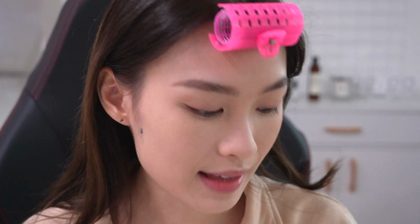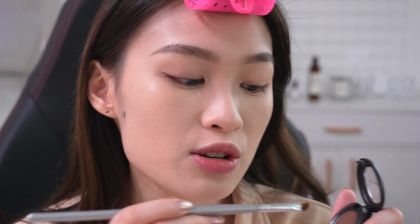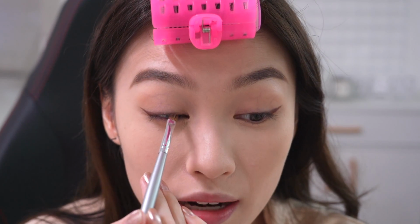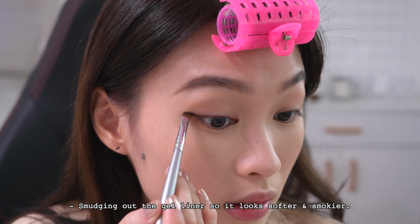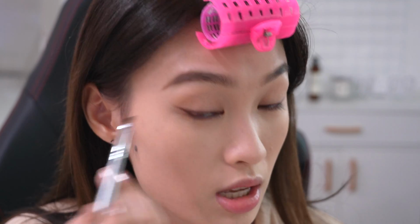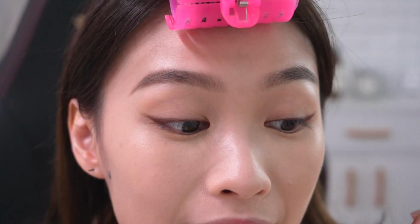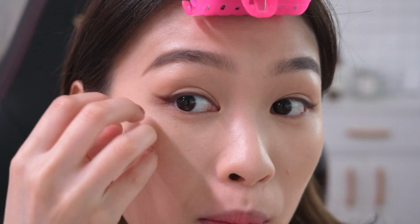And it's okay to be a bit messy because now we are gonna use the Espresso eyeshadow, and using an eyeliner brush, we're just lining on top of that gel liner. So this helps to really create a very smoky and blurry cat eye look. So this is looking a bit smoky and cloudy, but I like my eyeliner to be a bit more